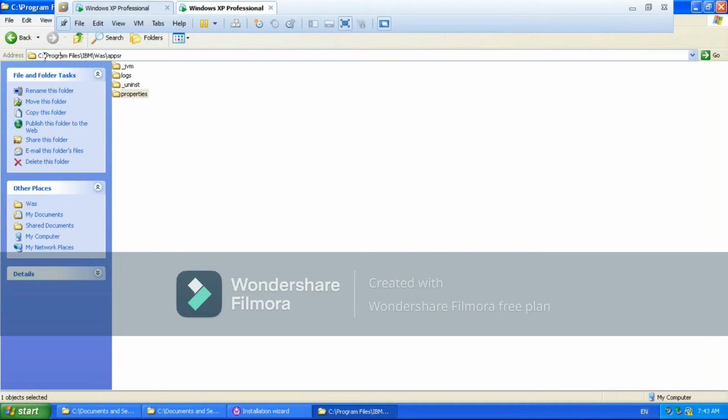If it is a Wintel server, generally the path will be C, Program Files, IBM, WebSphere, AppServer. Now, my question is, if you want to see your environment, log into your physical server and go to the WAS home. There you can see how many instances are created for your sessions.